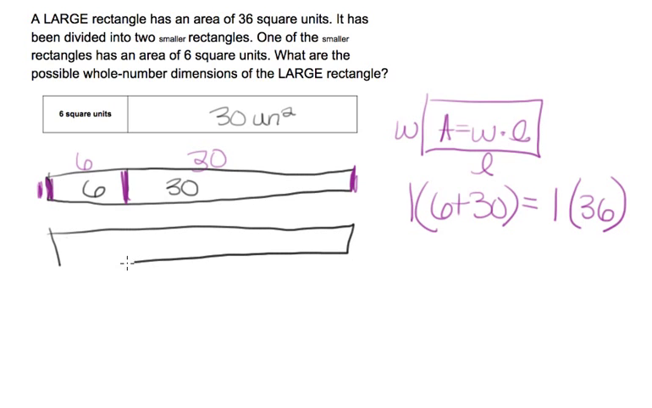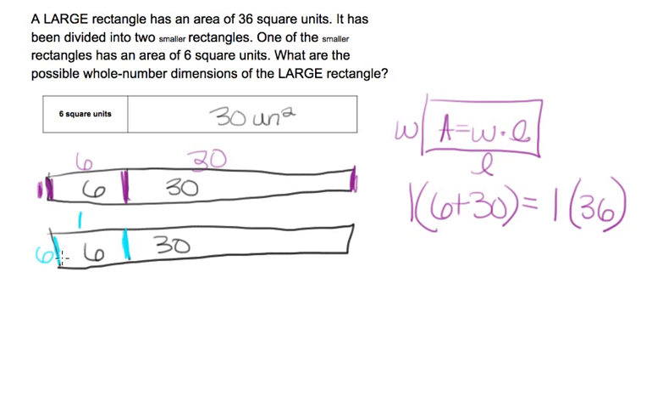Well, if again this is 6 and this is 30, I could use the exact same factors and just put them in different places. So I can say, well, I know 1 times 6 equals 6, but I also know that 6 times 1 equals 6. So again,